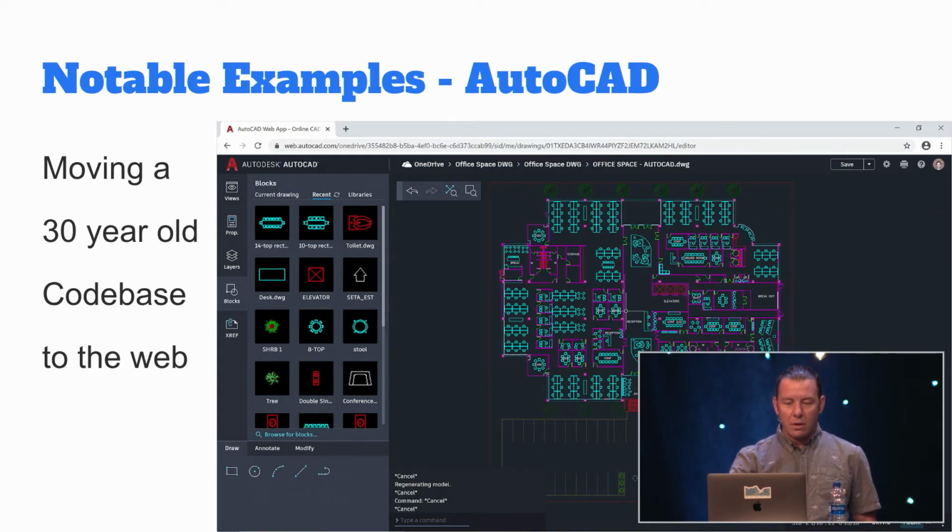These are some notable examples of things that were moved into WebAssembly. So this is AutoCAD. It's a 30-year-old code base, and they were able to get it running on the web, which is pretty impressive.